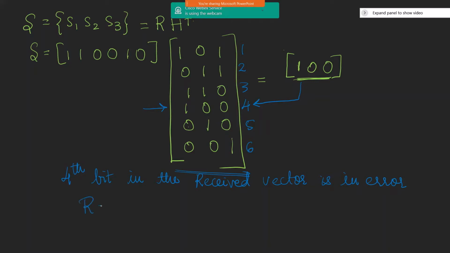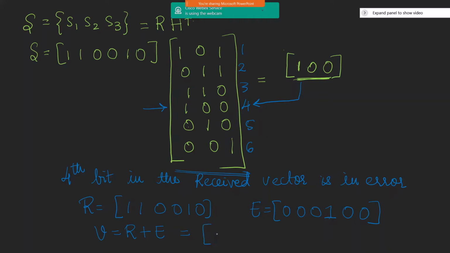Therefore, the received vector, which is 1 1 0 0 1 0, this is the received vector. We can recognize the error pattern as in the fourth position, meaning the first three positions will be 0, the fourth position will have the error, that means in that position I have to write a 1, and fifth and sixth will be 0 0. So to obtain the actual code word, we just have to add the received vector with its error pattern.